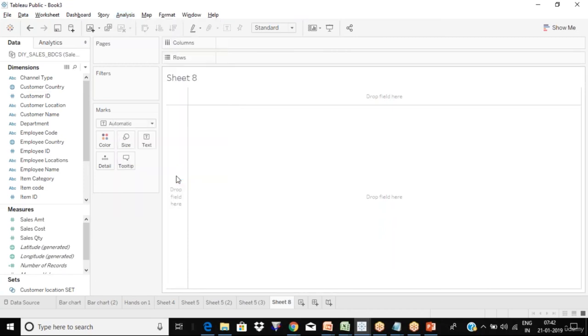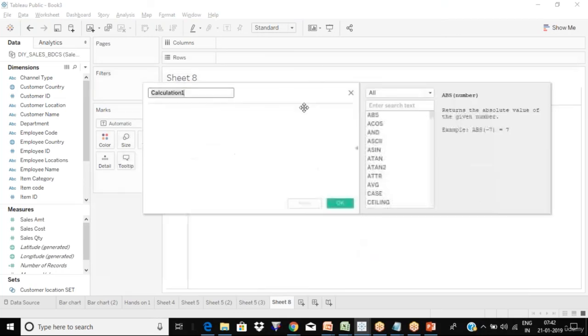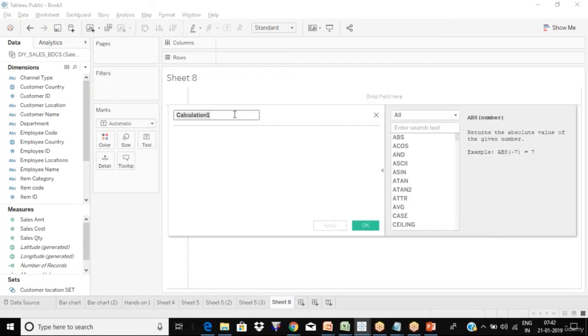Now, I'll click on it. You would see this window. Now we need to give some name, right? By default it gives Calculation1, but I want to give some meaningful name to the column. So I would say, let's say, profit.